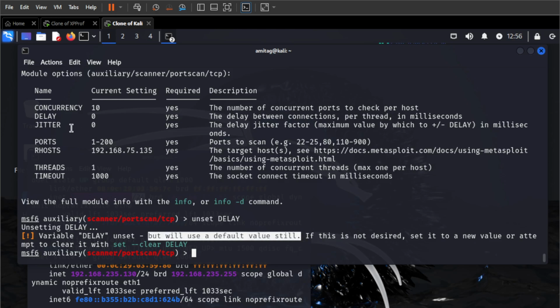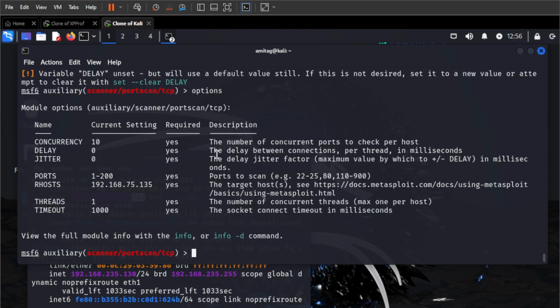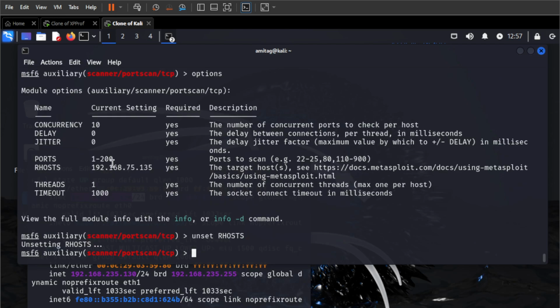So you can still see that the default value will remain there. We can verify that by again running options. But if I unset R host, then you can see that